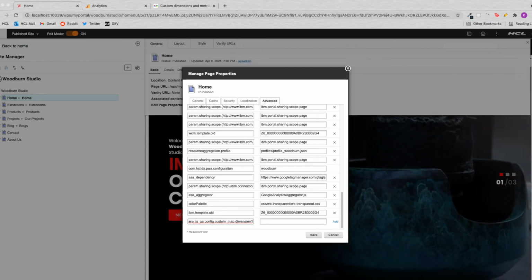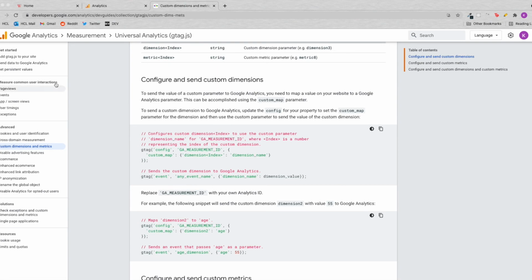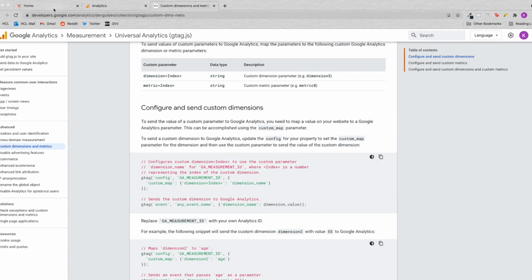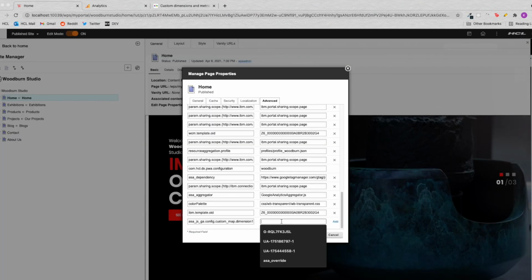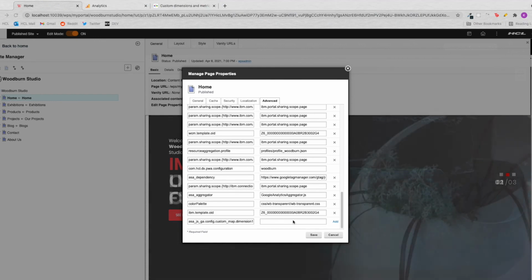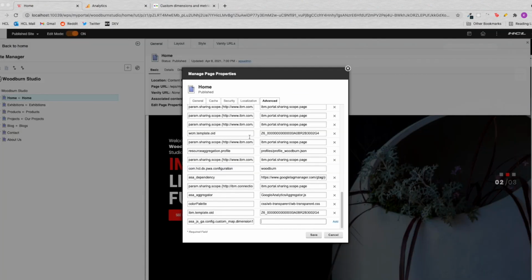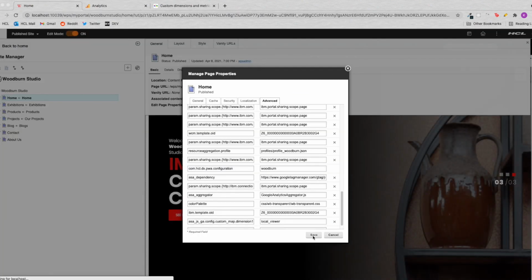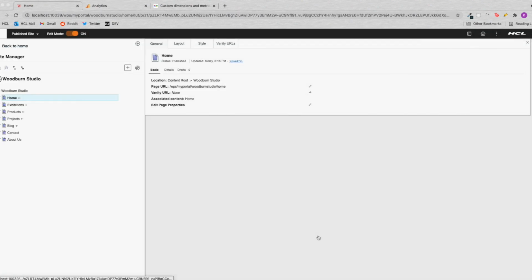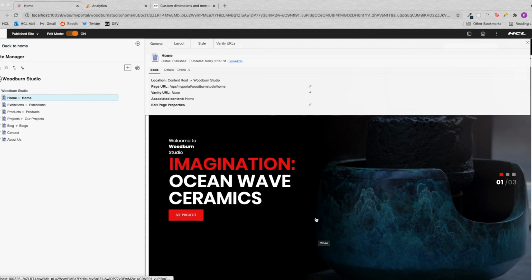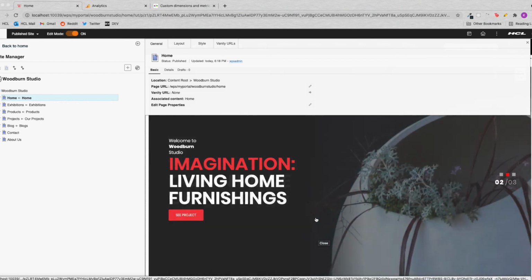You can find that here in the Google Analytics documentation. And lastly, the name of the custom dimension that we need to track. Okay, click save. And that's it. That should be working. So as you can see,